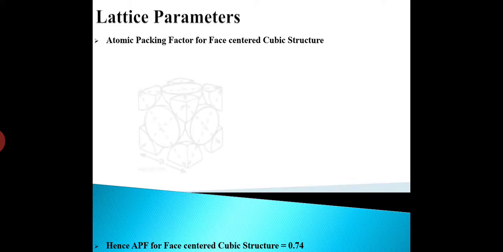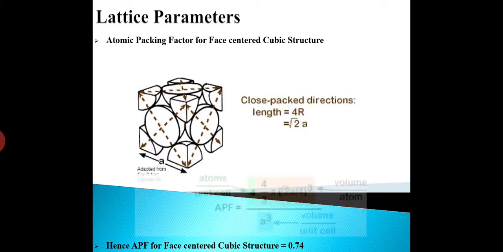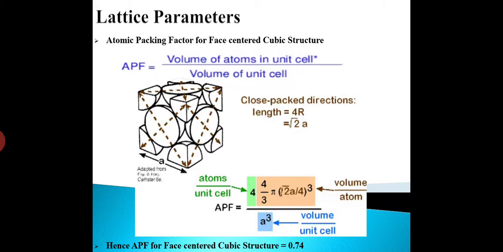For the FCC structure, again we have used the same formula. Here is also a change in the geometry. As in the BCC structure, for the central atom we considered the Pythagoras theorem in 2 squares. In the FCC structure, we know that a face is available in 1 square, so we have considered the Pythagoras theorem in only 1 square. So we get the geometry, that is 4r is equal to root 2a, or we can say another relation, that is r is equal to a divided by 2 root 2.